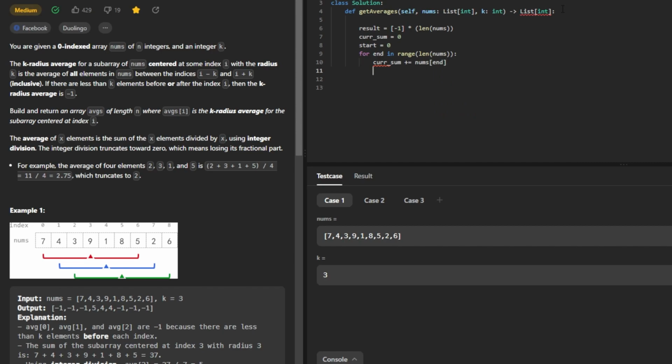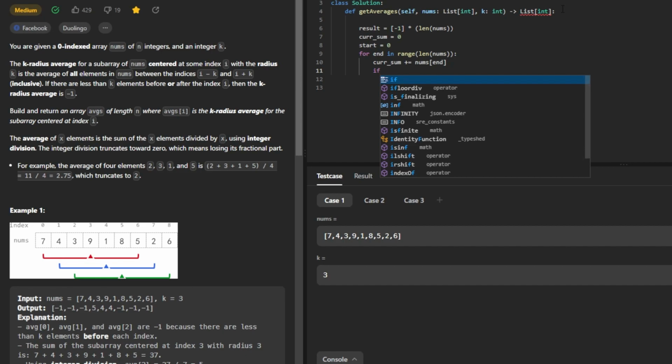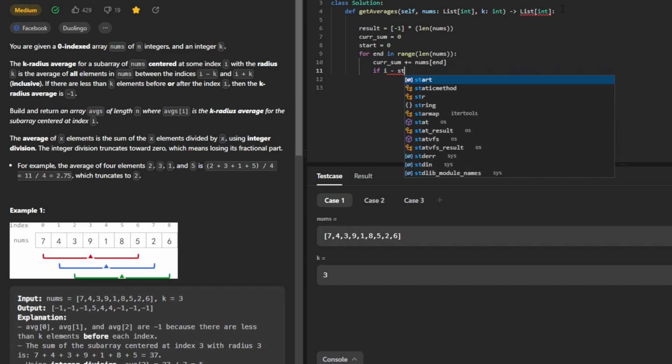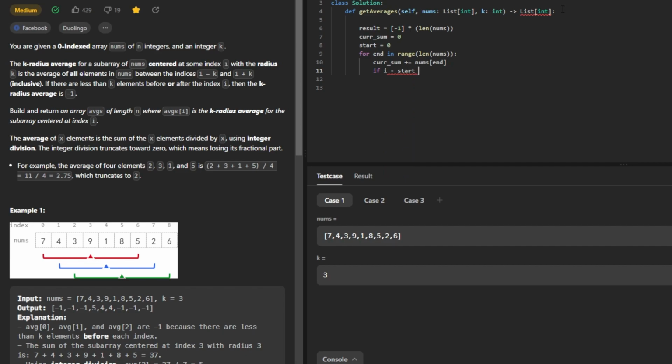And then after we've added it, we're going to check if the size of our current window is big enough so we can start computing averages. So we're going to check if i minus start plus 1 is equal to 2 times k plus 1. If it is,